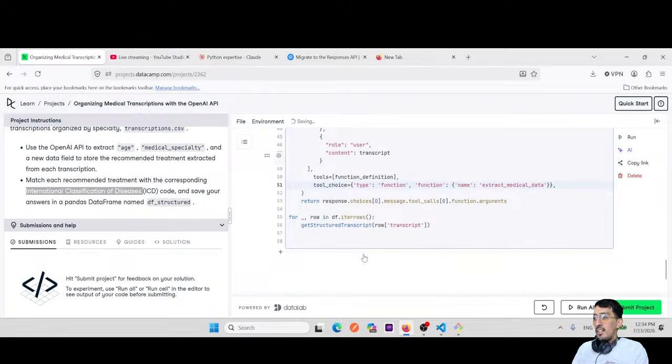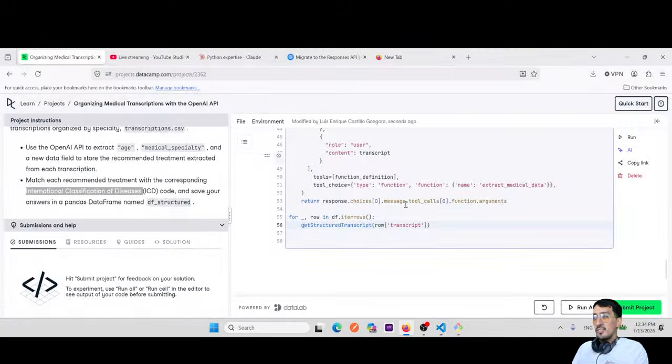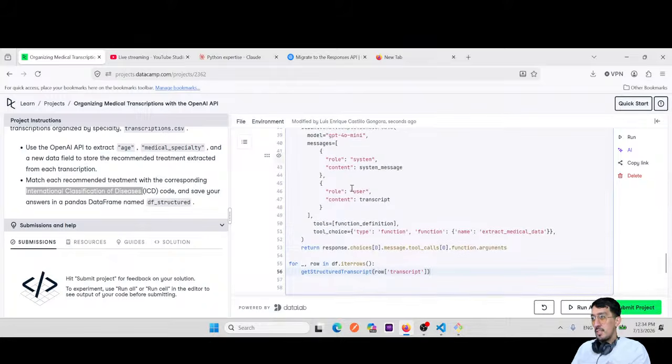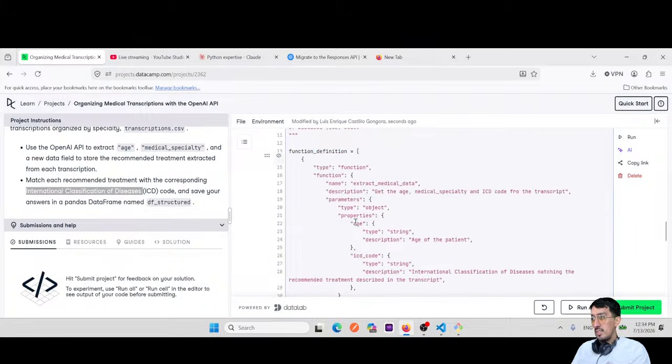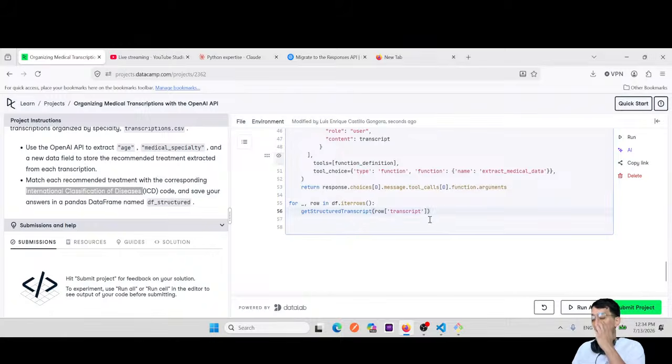All right, and then here I'm gonna get the arguments, and it's gonna be an object, dictionary, sorry, which is gonna be two, the age and the ICD code, and then from here